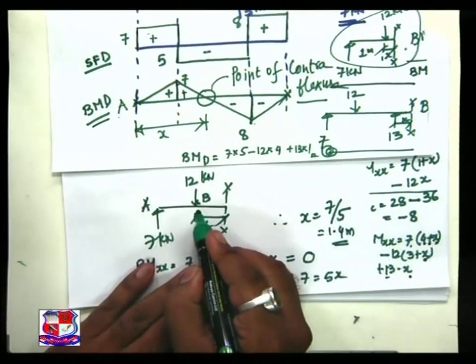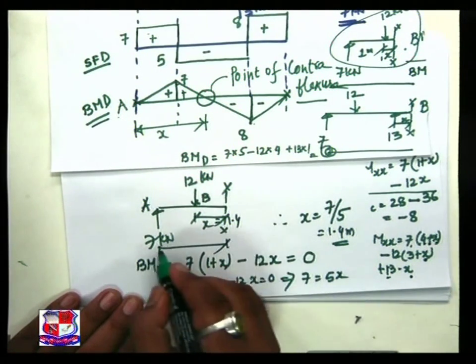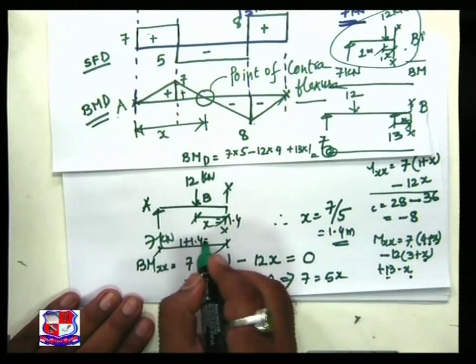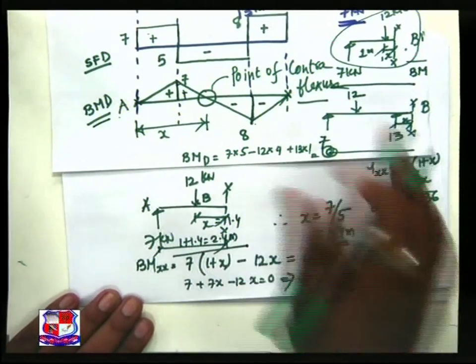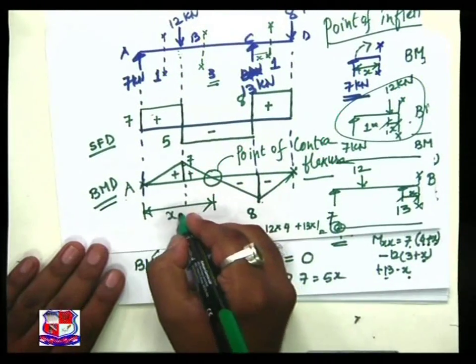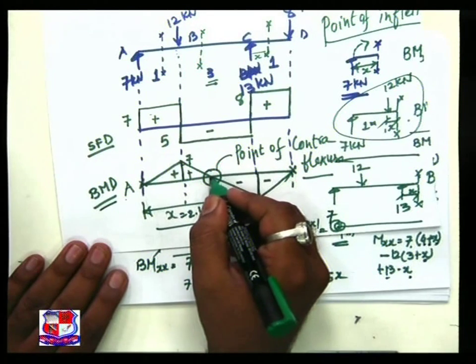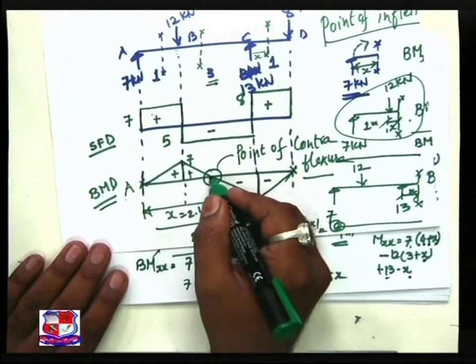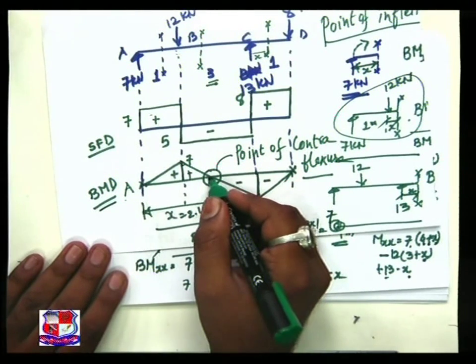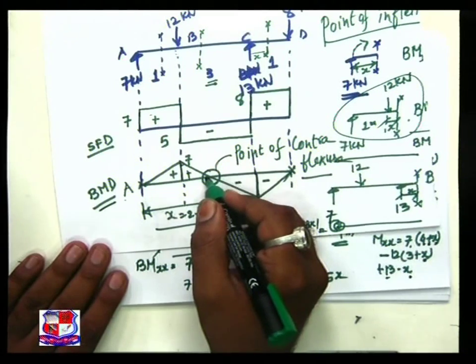1.4 from B. So this is 1.4. So from this it is 1 plus 1.4, that is 2.4 meter. So I achieve x = 2.4 meter. Point of contraflexure, the point at which the bending moment is 0. I wish now it is clear to you how to plot